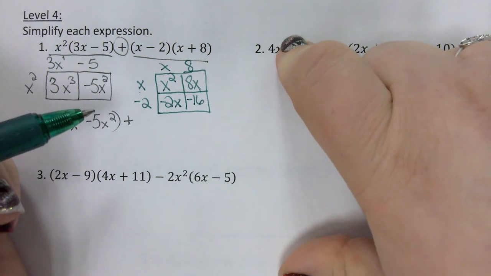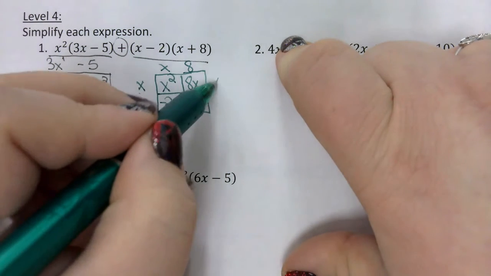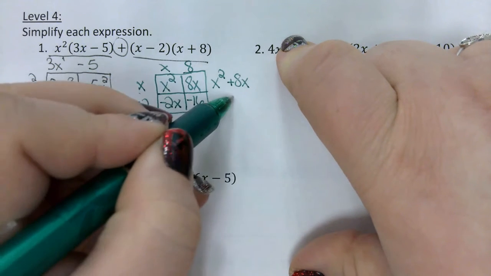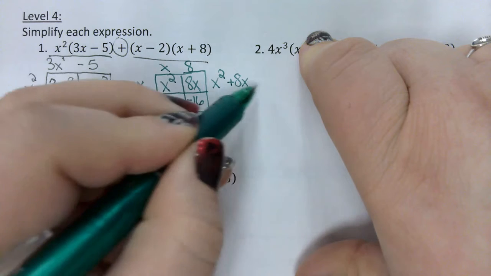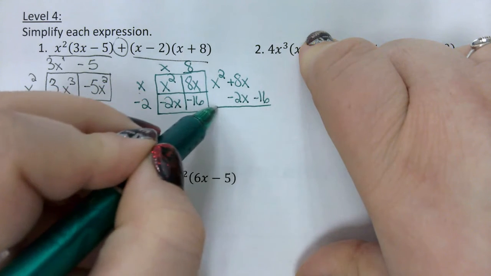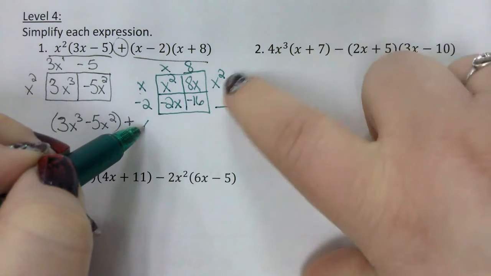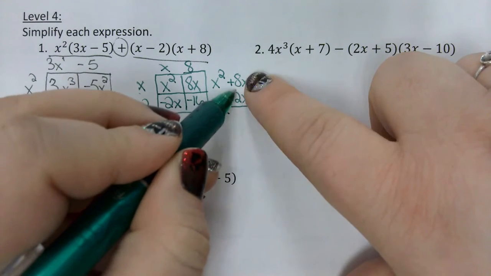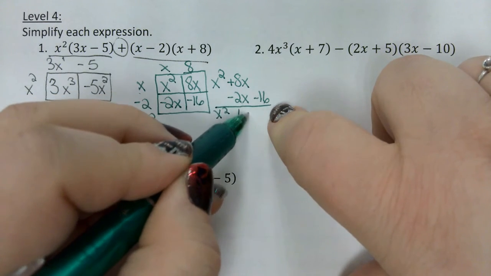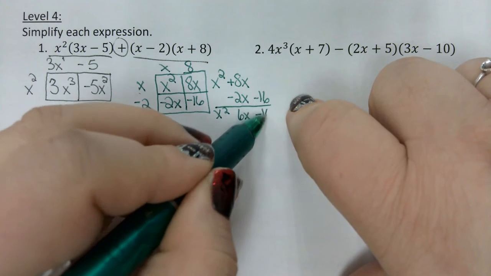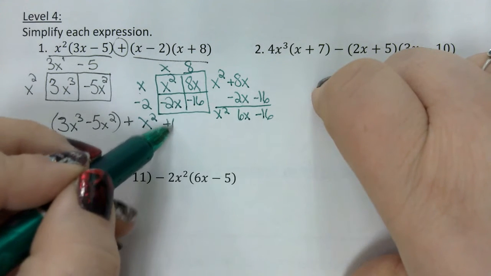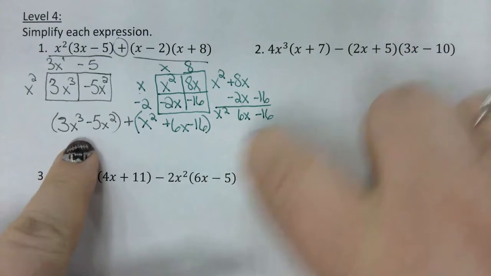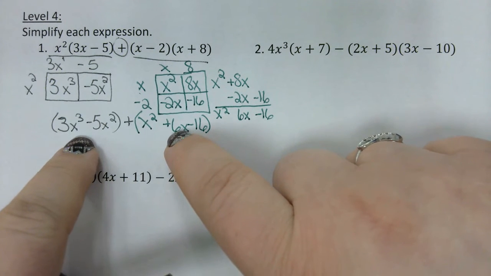We're looking to combine our like terms. So we have x squared, 8x, negative 2x, and negative 16. So I get x squared, 8x minus 2x is 6x, and negative 16. So x squared plus 6x minus 16. You can see now that we have two polynomials that we'll need to add together,